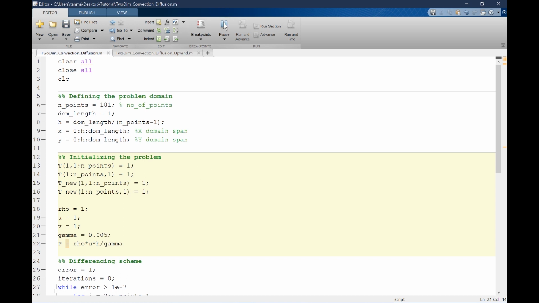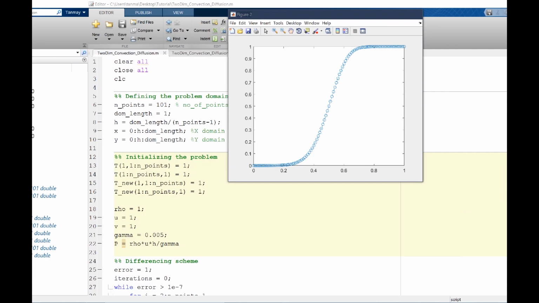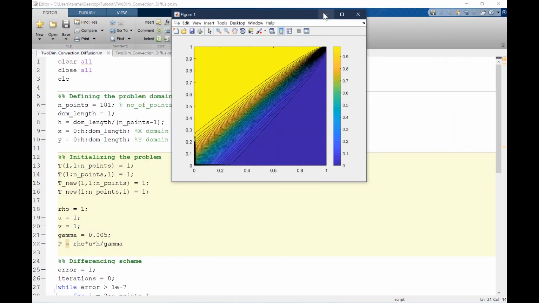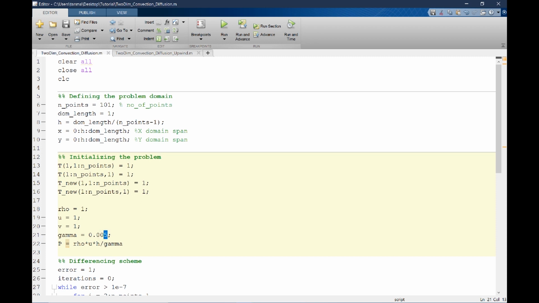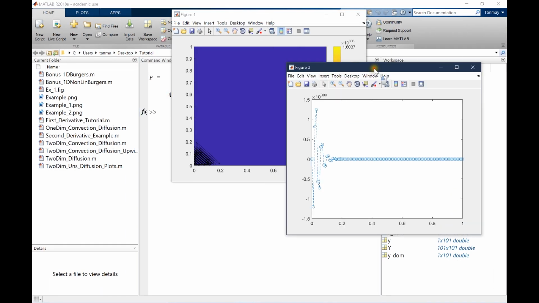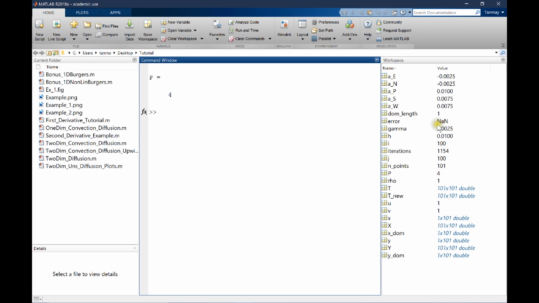Now, if I reduce the gamma, or if I increase the Peclet number all the way up to 2, we have a Peclet number of 2, and we see that the temperature profile gets less diffused, as we would expect, because a higher Peclet number implies less diffusion in the problem. So far everything is okay, but the problem arises when I reduce it further. Now I have reduced it to 4, and what happens here is that the solution becomes unstable, as you can see by these high numbers here, or equivalently by this error approaching not a number.